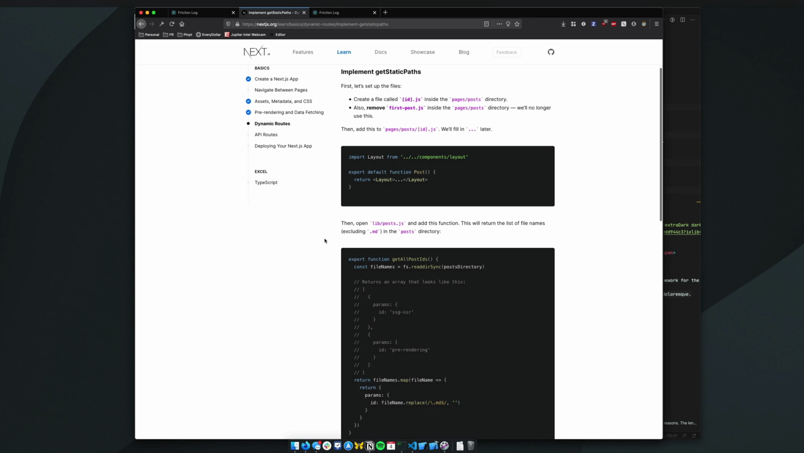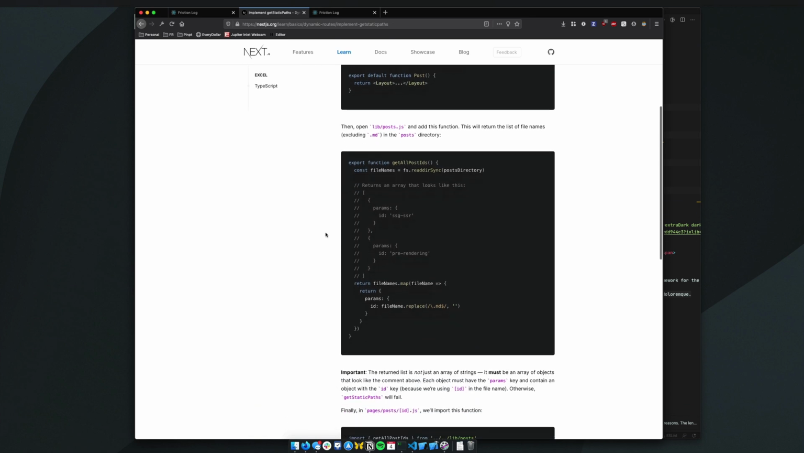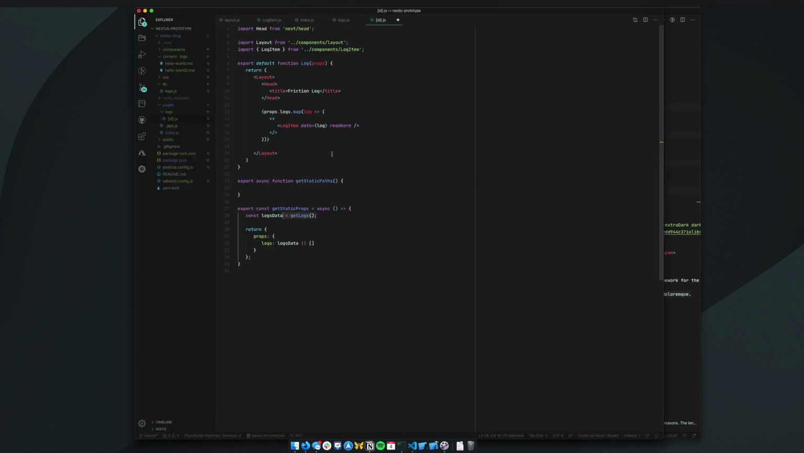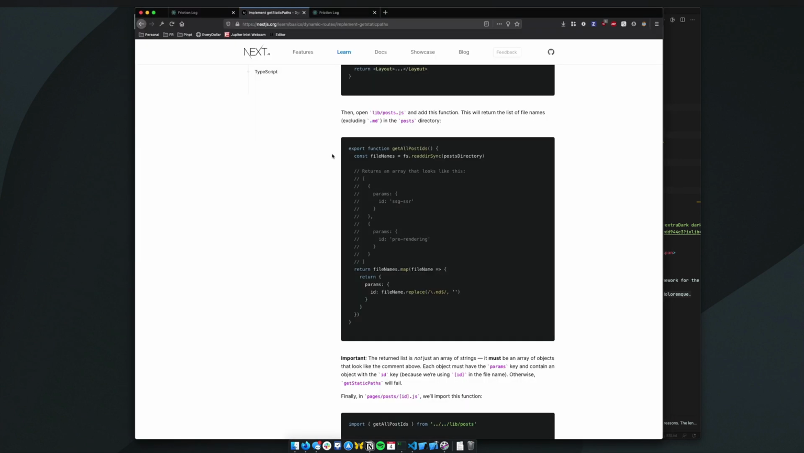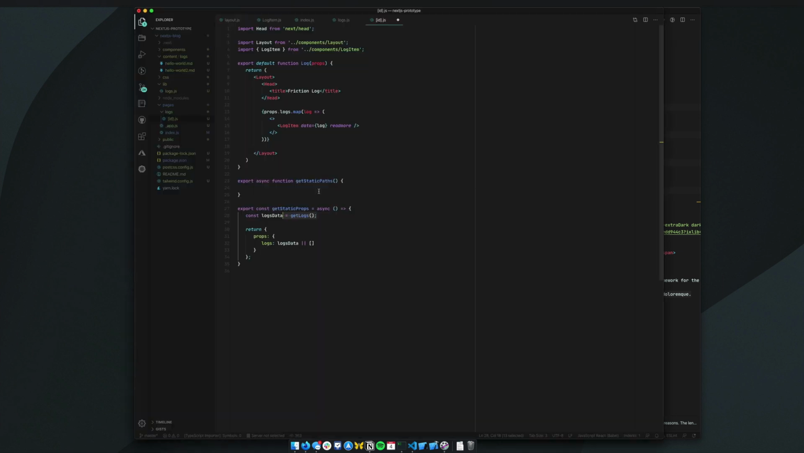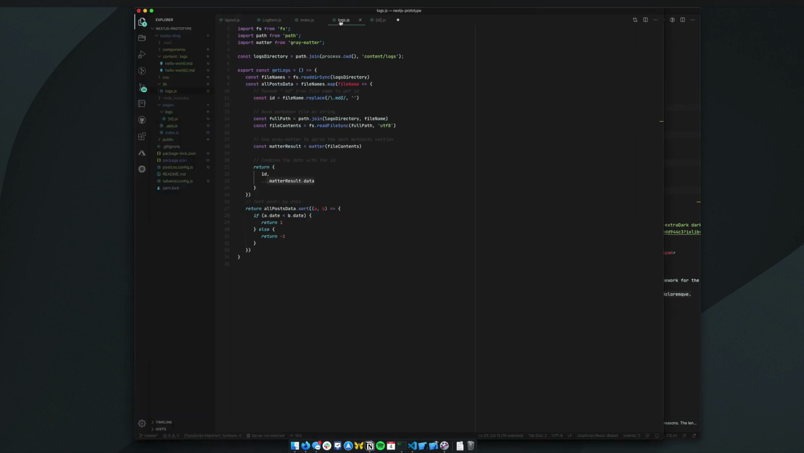We'll fill in later. Then open lib post and add this function. This will return... Oh, right. Wait a minute. Get all post IDs. That's a new thing. Get logs. So we want